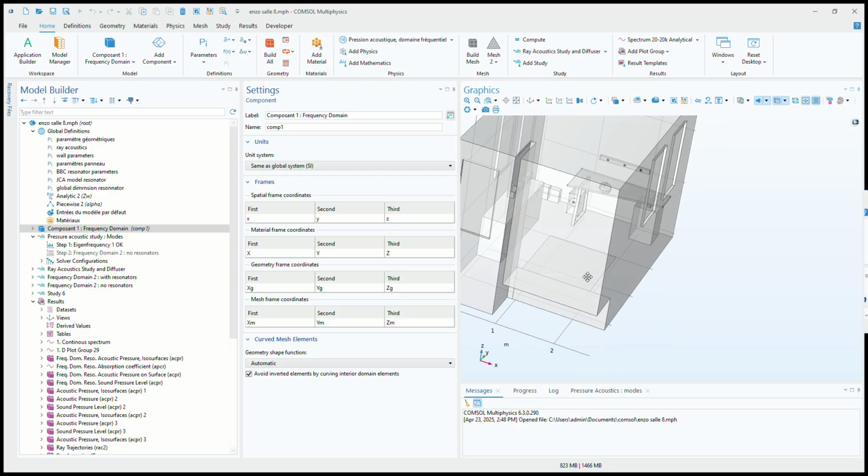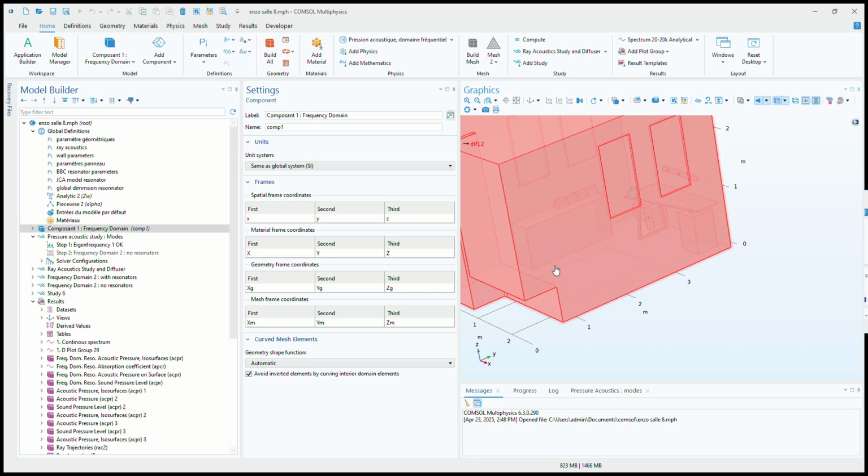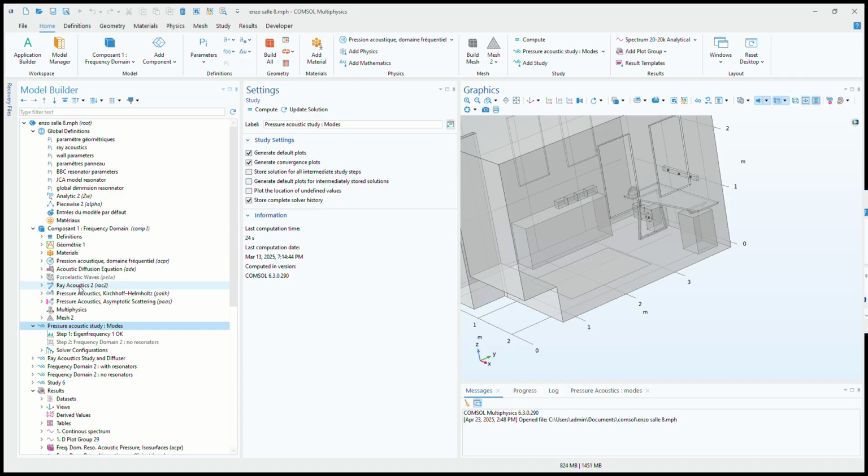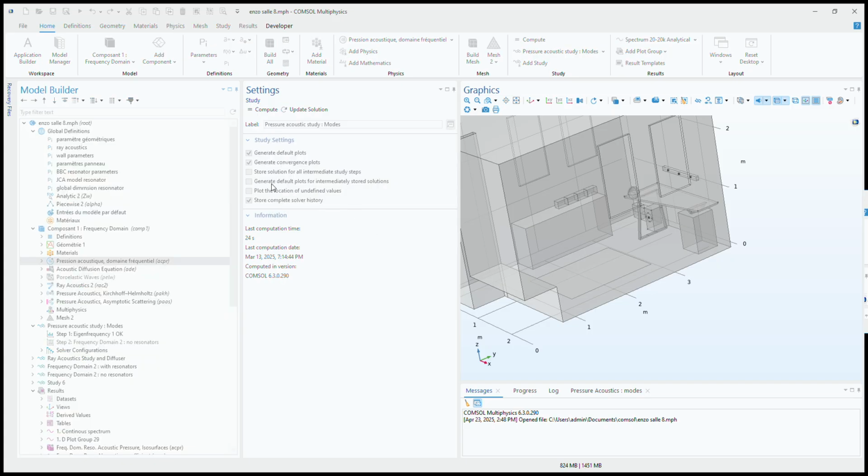So any kind of software, even if you use something like Odeon, you're gonna need to have some sort of CAD model that represents your room. What's very convenient with Comsol is that you can run multiple studies at a time, as you can see here. So you're gonna declare a whole bunch of physics,